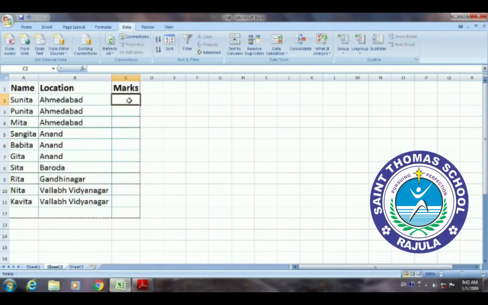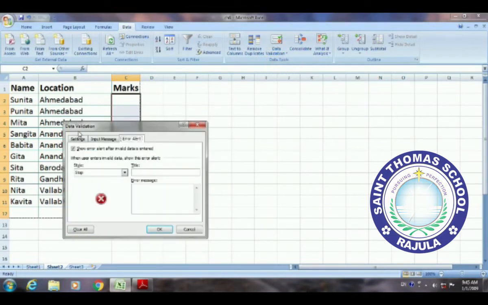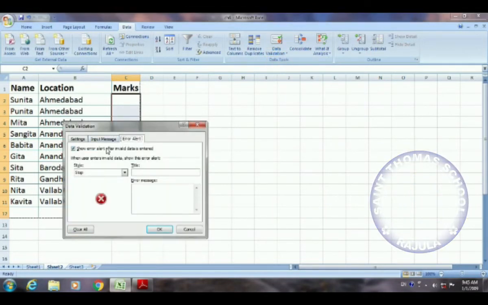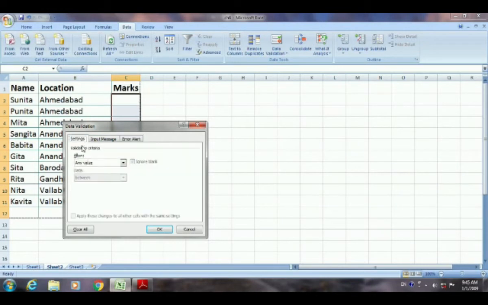Here select the cell range, and then go to the validation option, Data Validation, and select Data Validation. Here it will show you the Data Validation dialog box. First go to Settings, and here, instead of allowing any value, allow only a whole number, with the data between.